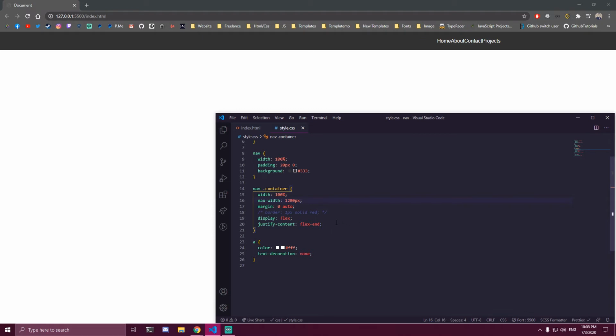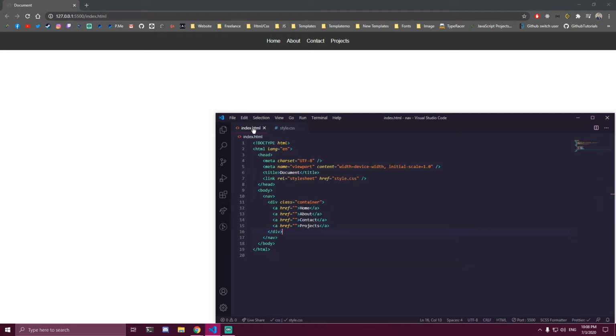If you want them on the left, they're already there by default, but if they were here and you wanted to put them on the left, you could do flex start, which is not going to do anything right now since this is the default when they start. And the last thing, if you want them centered, we can add center here. And that's going to center all the links, and then you can add a bit of margin here, for example. So that would be 3 ways of how you can place your anchor links,